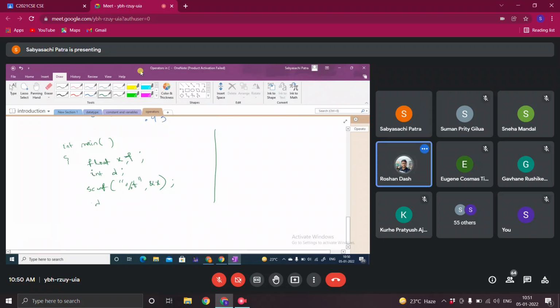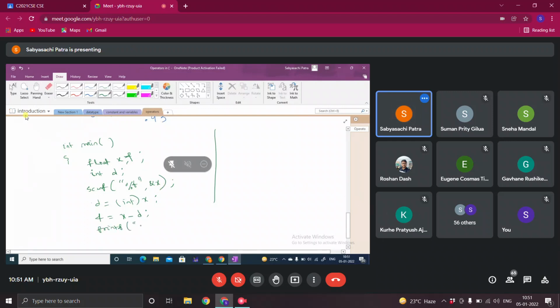Then he's telling that... So what was your answer? Tell me once again. d equal to int x, f equal to x minus int x. This one. Yes, sir. And f equal to x minus d.